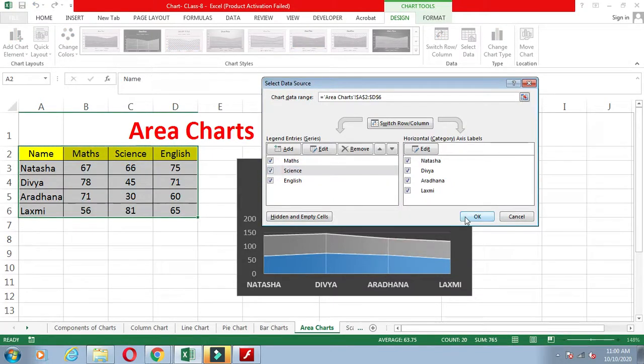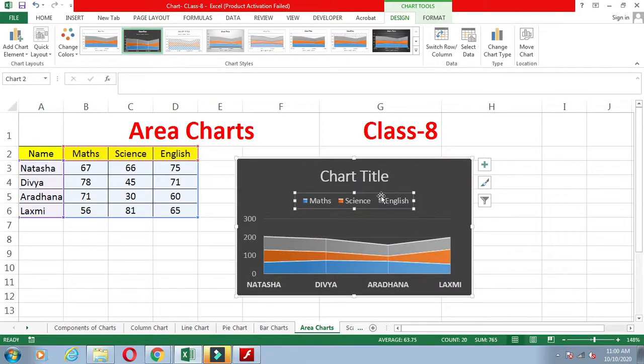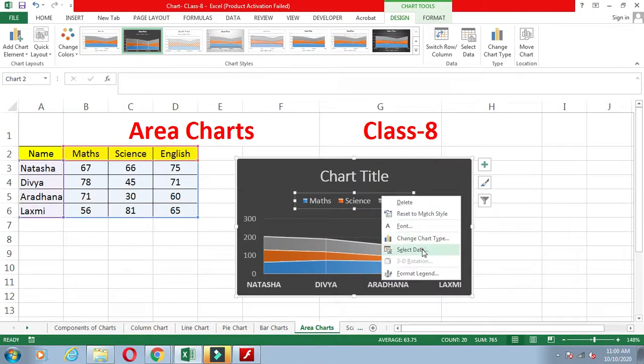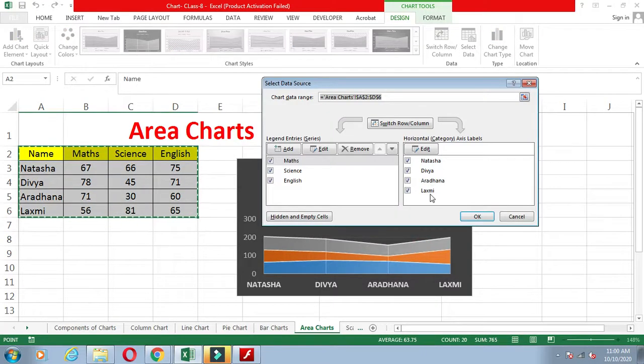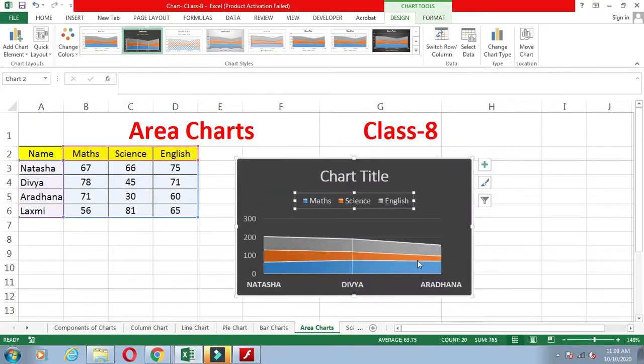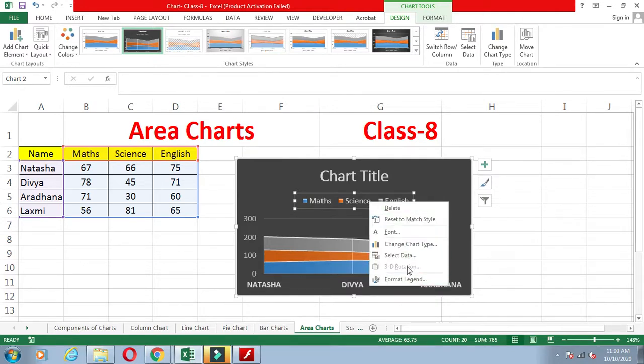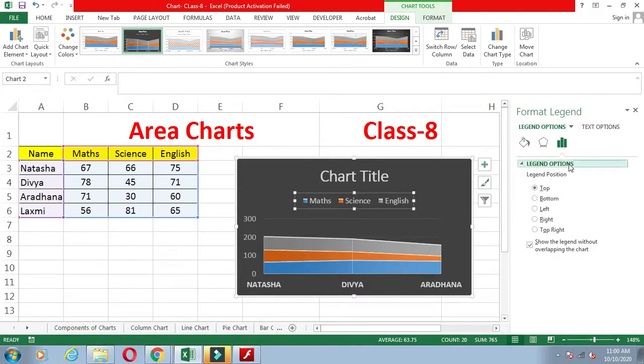Again you can format. Now here the second option is format legend. If you want to change the format, you can change their text options, how the text will become. You can change the color of your text. Different colors will be coming there.